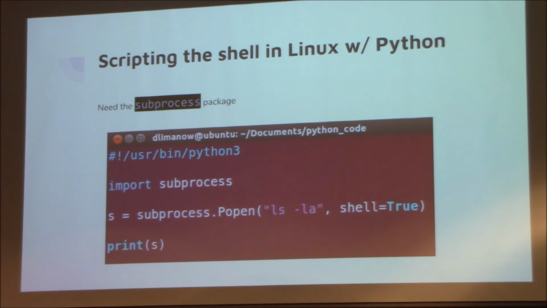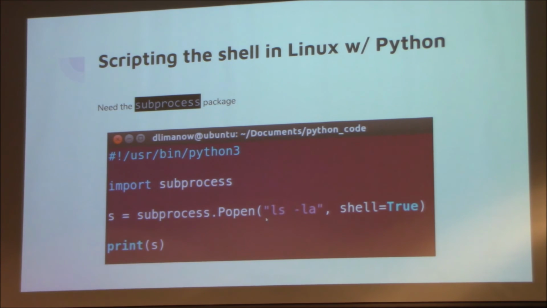In this case, subprocess allows you to do things at the OS level, including running shell commands and getting their output. So what this program does is import subprocess, so we import that package so that we can access its functions, and then we assign a variable equal to subprocess.Popen,